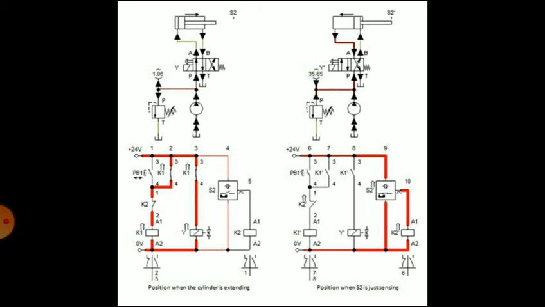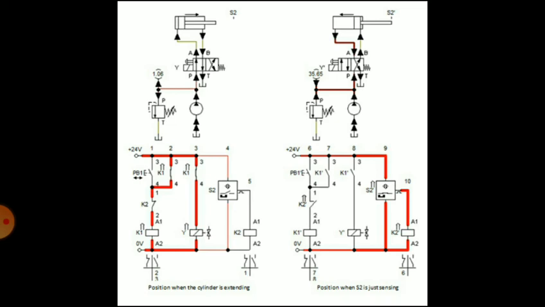So you can see in the first part, when the push button switch is pressed, it will operate K. So you can see in the electrical circuit diagram the first position, where the cylinder is extending, and the second part on the right hand side indicates the cylinder has started to retract.